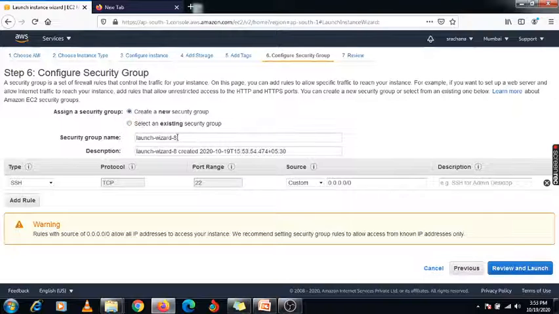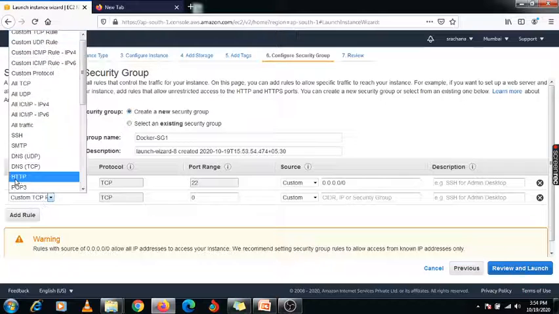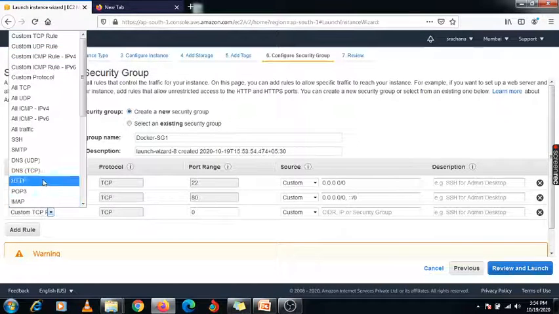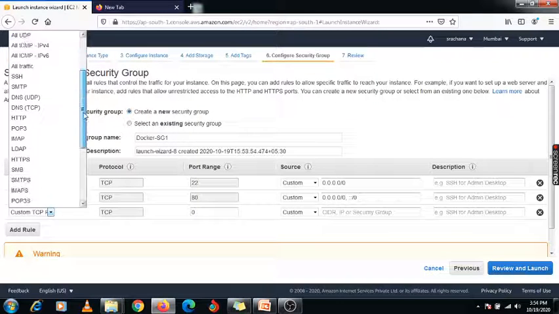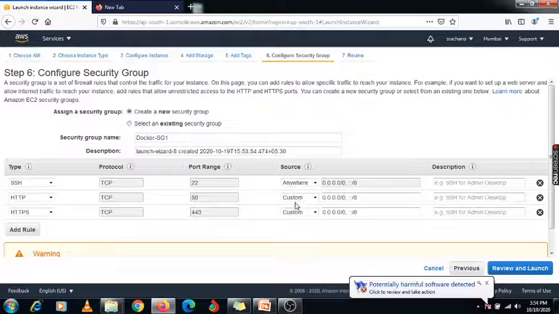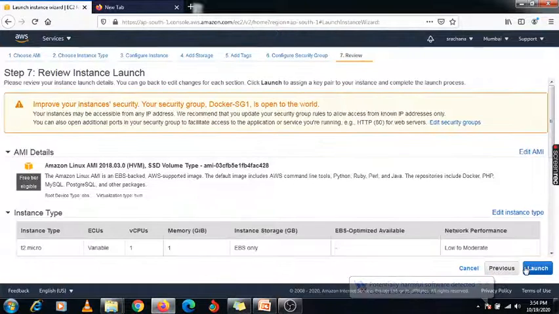Here I am going to create a new configuration with this Docker service group 1, creating one rule with HTTP and HTTPS. Here I am going to select anywhere and review and launch.